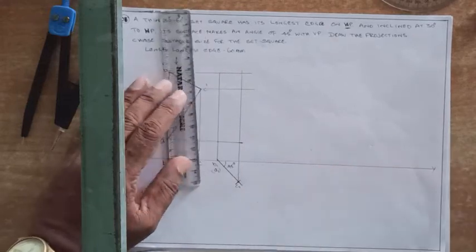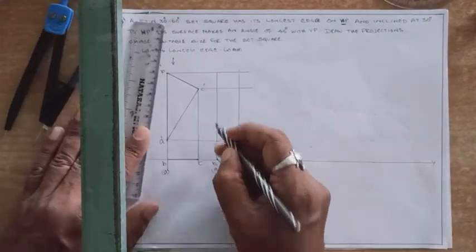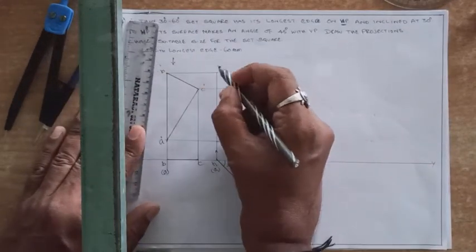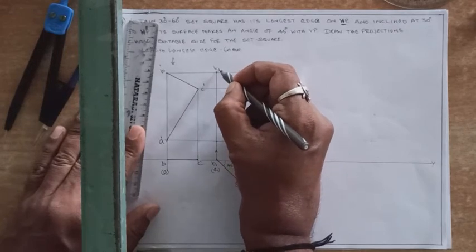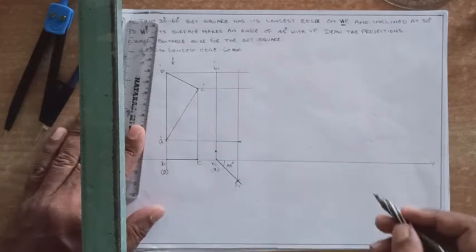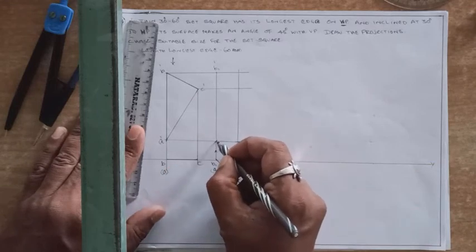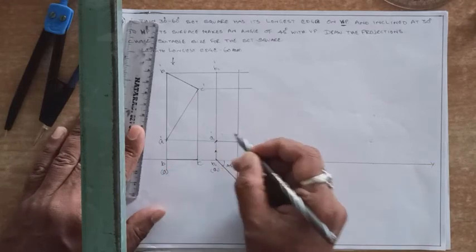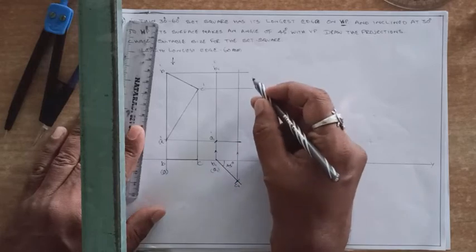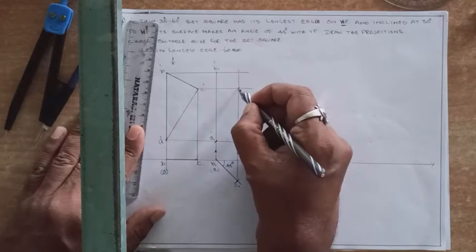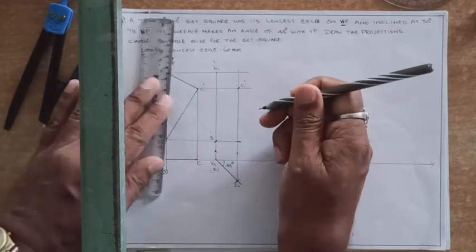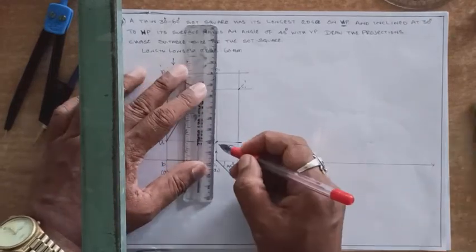Now you have to mark the points: B1 vertical, B1 dash horizontal, so B dash horizontal, that is B1 dash. Then A1 vertical, A dash horizontal, A1 dash. C vertical, C dash horizontal, you are getting C1 dash. Now make a thick line with